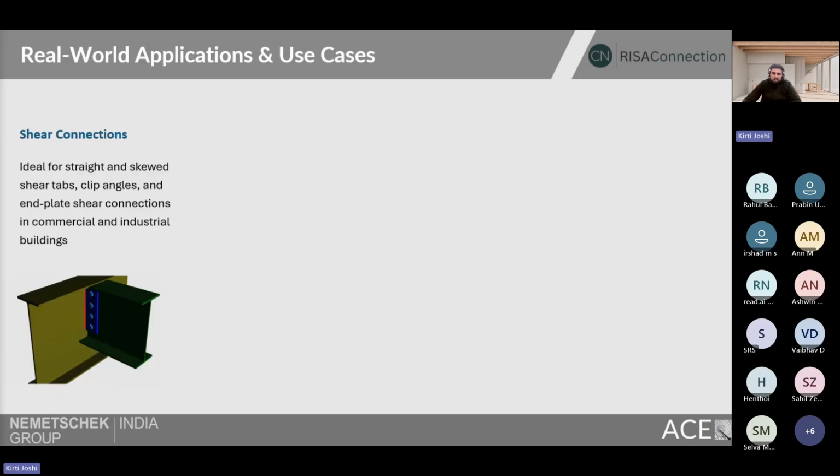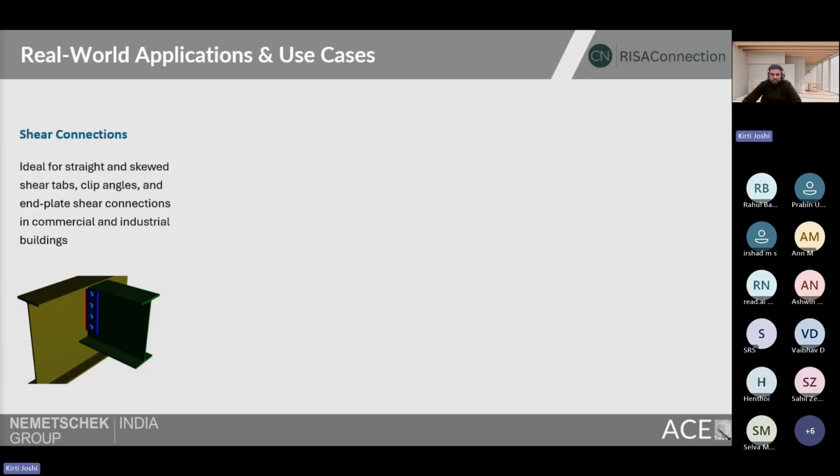So RISA Connection covers mostly all the connection types required in a steel project, including shear connections, moment, base plates, splice, and bracing. If you are working on any of these structures, whether commercial, industrial or warehouse, you will notice that a shear connection often forms the majority of the framing connections. Most beams are designed to transfer shear force into the columns, where shear tabs, clip angles or end-plate shear connections come into play. In RISA Connection, you can model all the shear connection types, including straight and skewed connections,